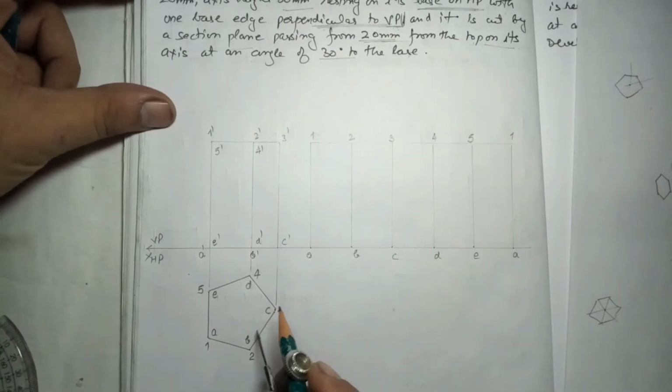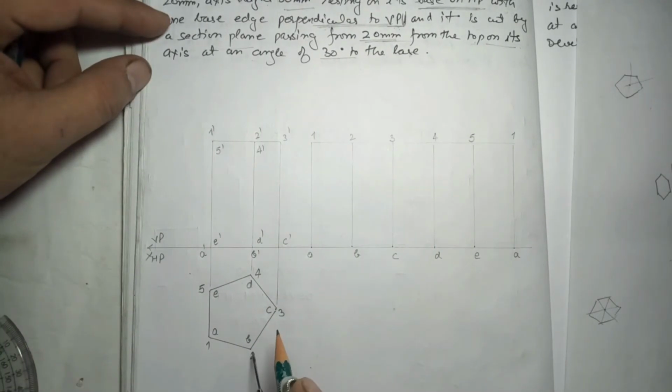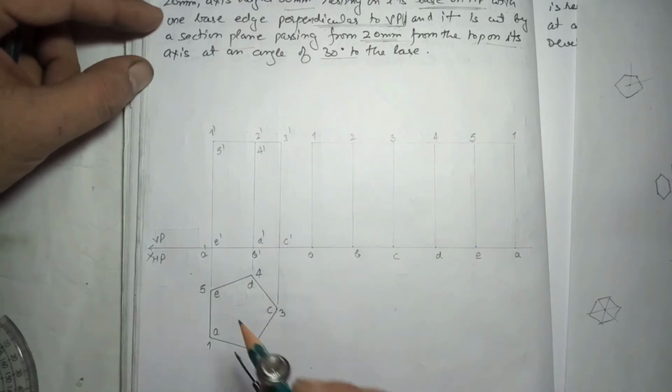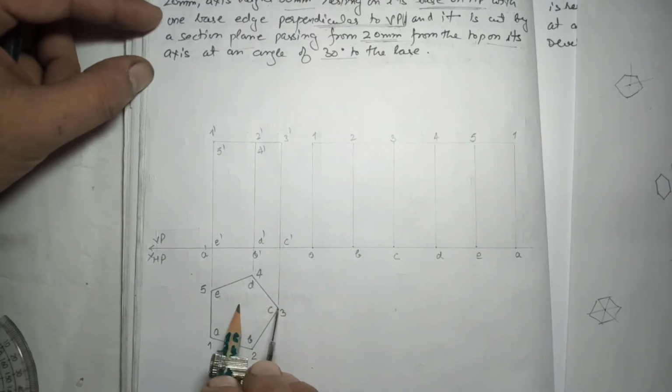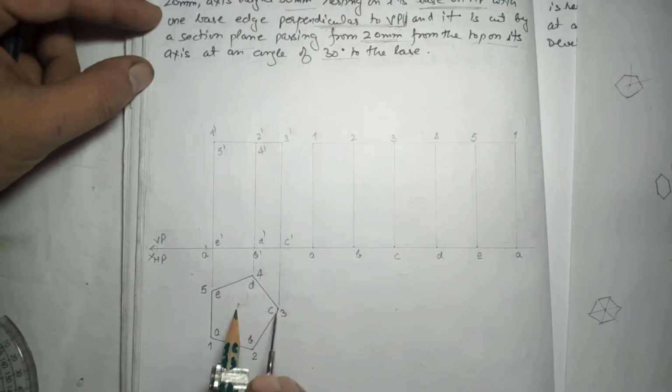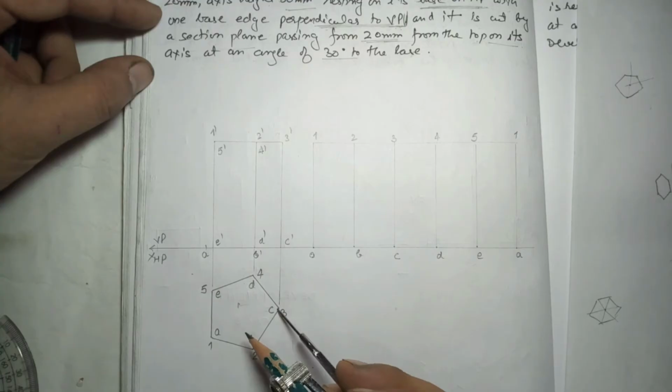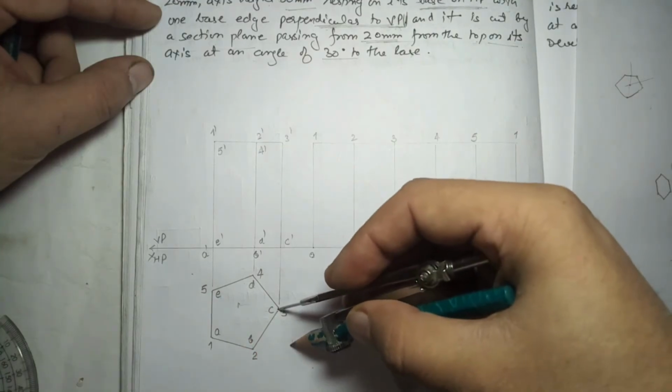Now I'll tell you how to do that. Now what we will do, we will find out the midpoint of this edge. How to find out? You can use the compass. Open the compass more than half approximately. Draw this arc, and from this also this arc. So you get intersection of these two arcs here. Same midpoint more than half. The same arc you can draw here also and here also.